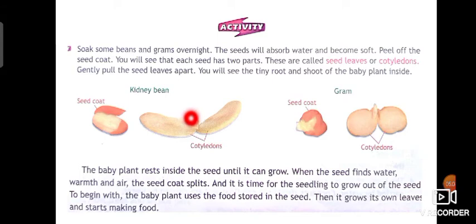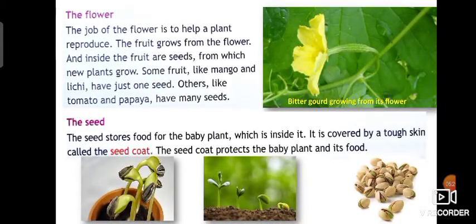Okay, then it grows and its own leaves will come out. Okay, it grows its own leaves and starts making food. You can see the picture in the previous picture. See the first leaf, it's coming out of the seed. Okay, then from that the plant starts to make their food.